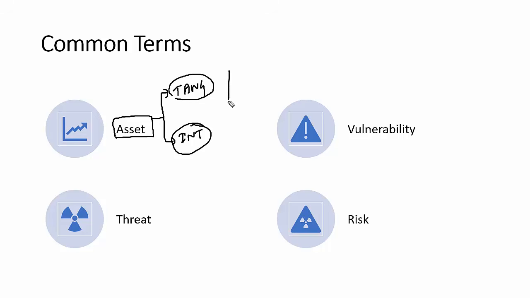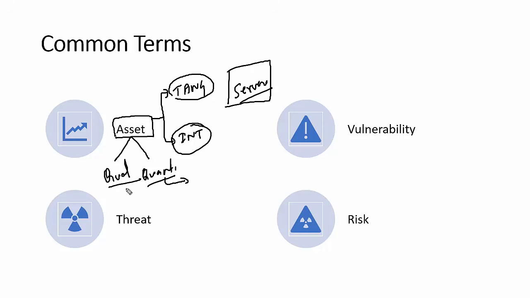Let's take an example, we have a server. The server is a physical asset which you can touch, but the data in the server is an intangible asset. Asset valuation is also of two types: one is called qualitative and one is called quantitative. Qualitative is mapped with something like reputation which cannot be measured easily, and quantitative is mapped with monetary values or numbers, like this asset has a $7,000 value, $8,000 value and so on. That is how you categorize assets. It's very important to know the value of the asset to perform effective risk management, because the impact of the risk is directly correlated with the value of the asset.